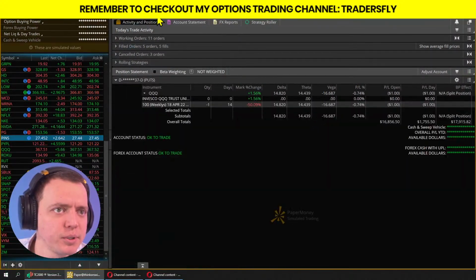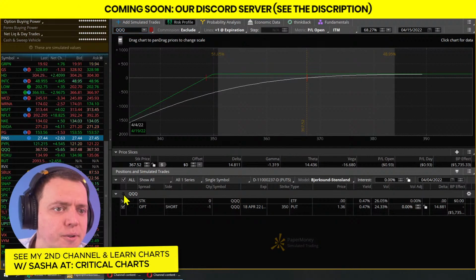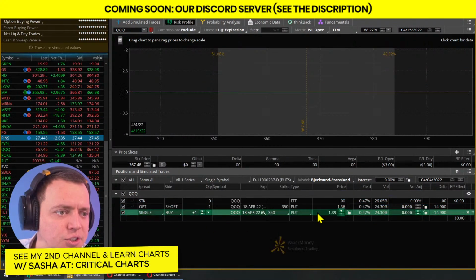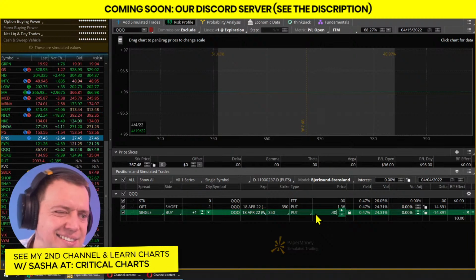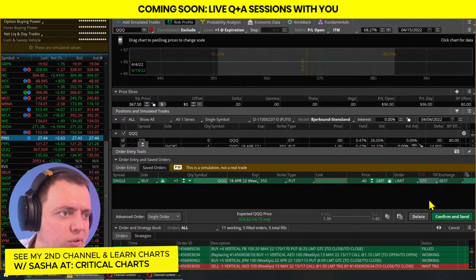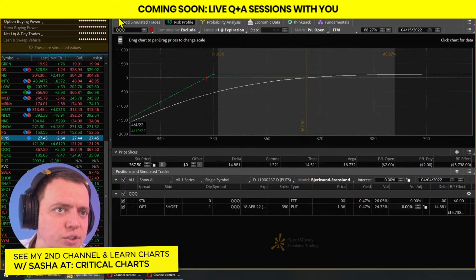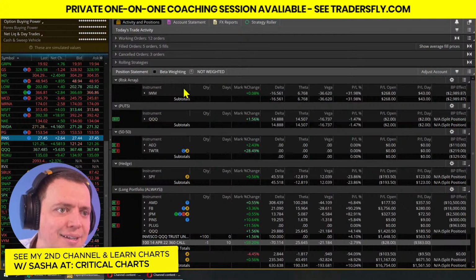So I'm going to go ahead and switch to the puts. We'll go to QQQ, and there is my put. Okay, so here's $1.36 is what you're trying to make. So analyze closing trade. If I try and buy it back at about 40 cents, that'll give you about $96. So what we're going to do is set the duplicate order, good till cancel. Send it into the put side. There we go, and that's good to go. Let it do its work. Money needs to work. Okay, so there's one put there working.